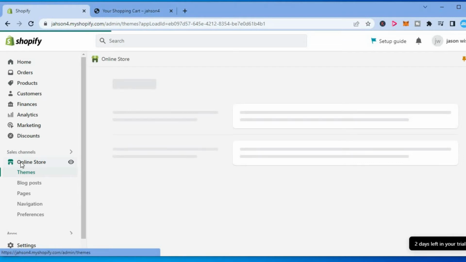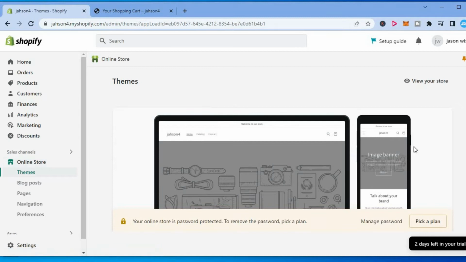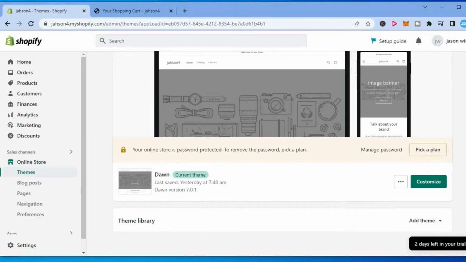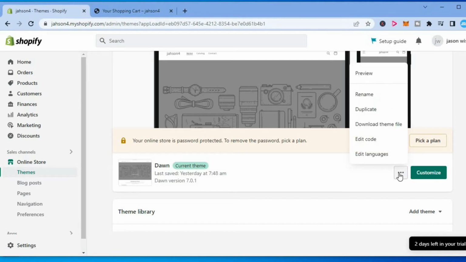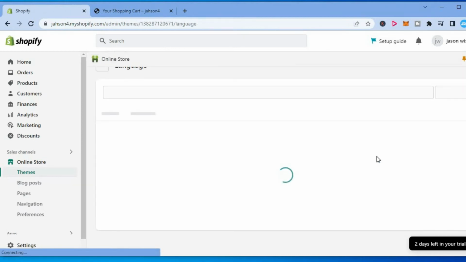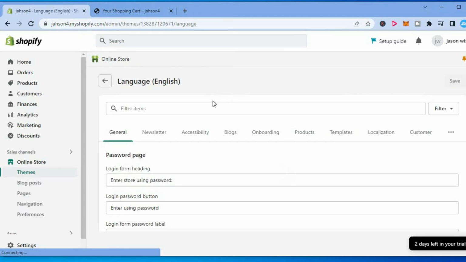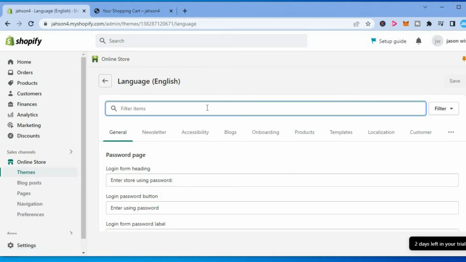After selecting Online Store, you will be redirected to the Themes page, and from here you are going to scroll down, and right beside Customize you are going to tap on the three dots. Then you are going to select Edit Languages. After selecting Edit Languages, in the filter box right here, you are going to tap on that, and from here